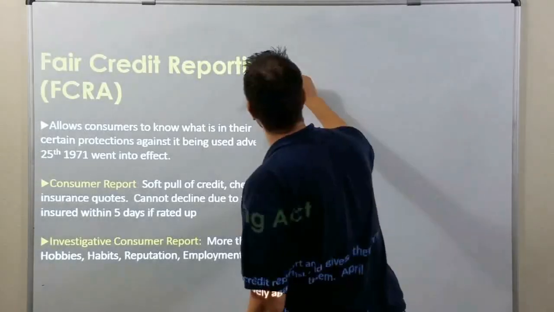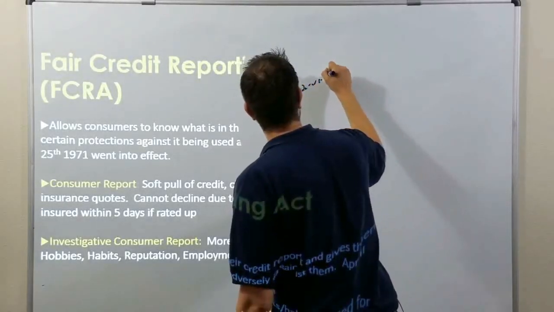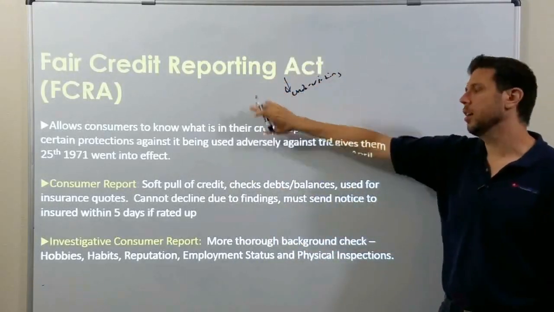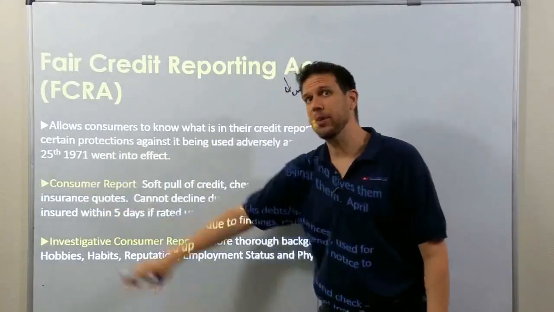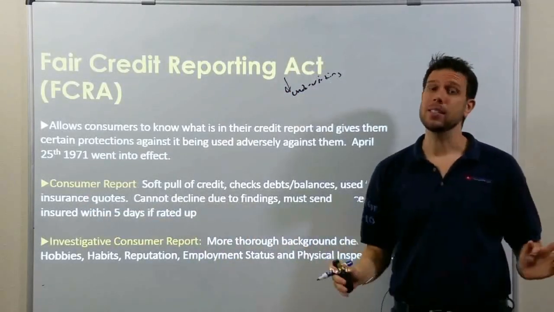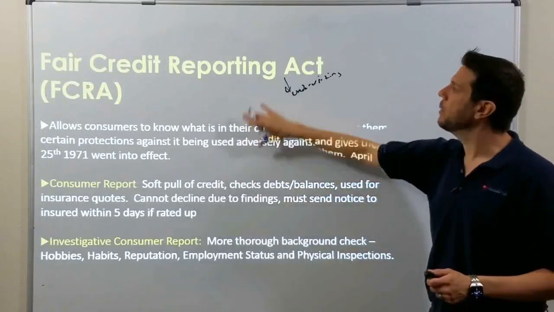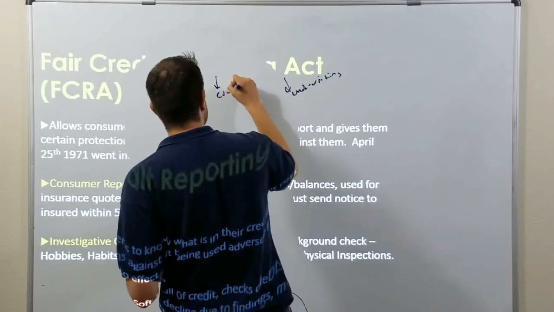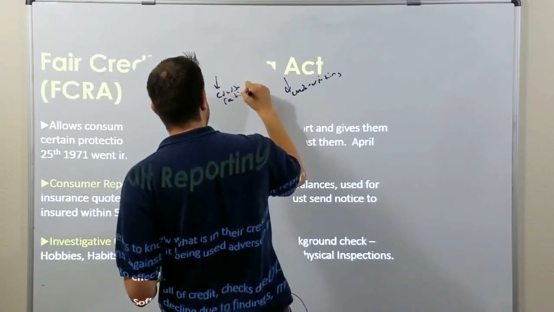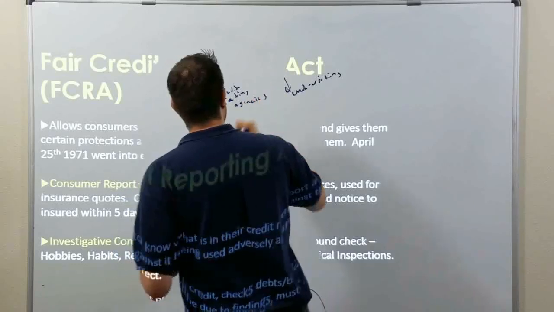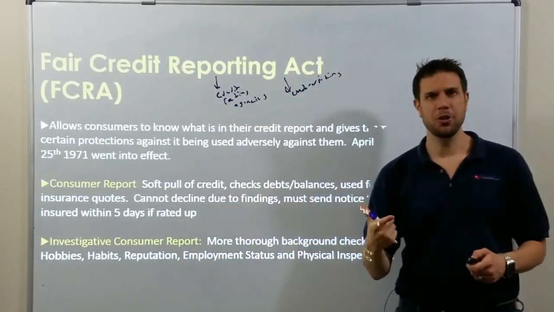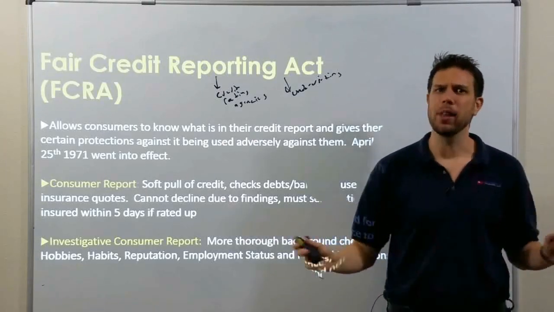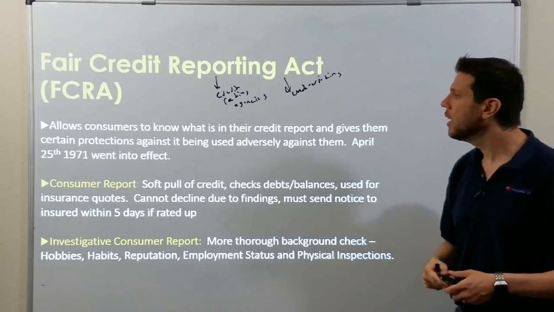and other underwriting on the customers. The Fair Credit Reporting Act is a federal law that went into effect in 1971. It applies to every state. The insurance companies pull people's credit through the credit reporting agencies, also known as credit rating agencies, which are Experian, TransUnion, Equifax, LexisNexis. There's quite a few of them, but I went through the most common ones.